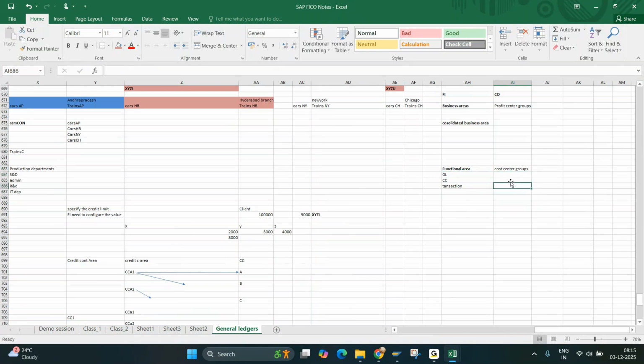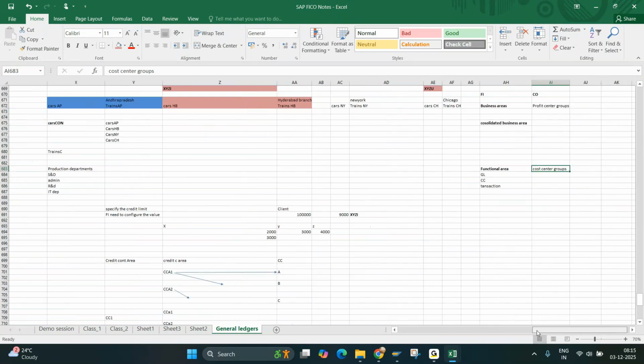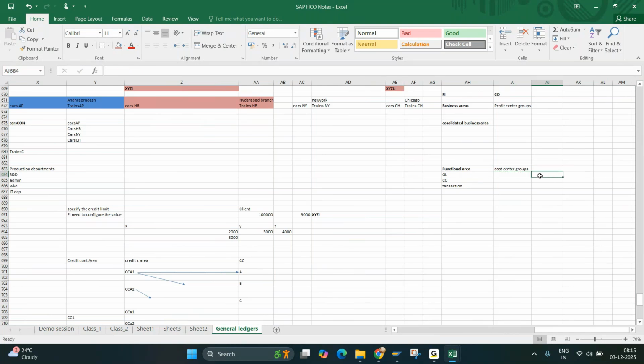Whereas in cost center groups, you can create n number of hierarchies. For example, I have created a cost center group. A cost center group is company code level data, because if you are creating any cost center, you will be assigning that cost center to a company code. So you will have a cost center group as the first company code. After that, you can report at a plant level, or in that plant you can report into the cars. So in a plant, for the cars, what is the production department cost and what is the SD cost? Like that, we have the feasibility